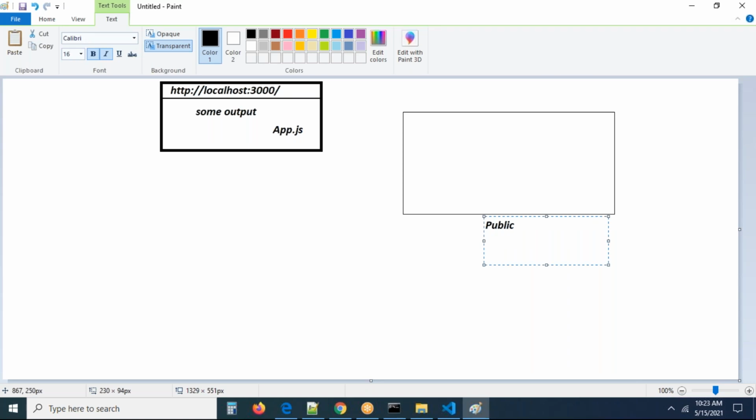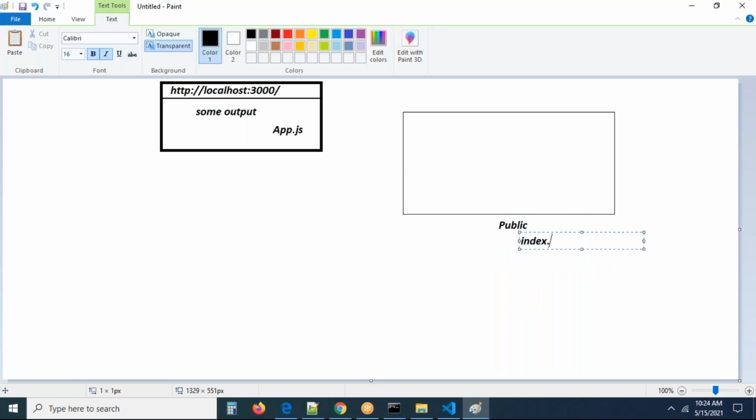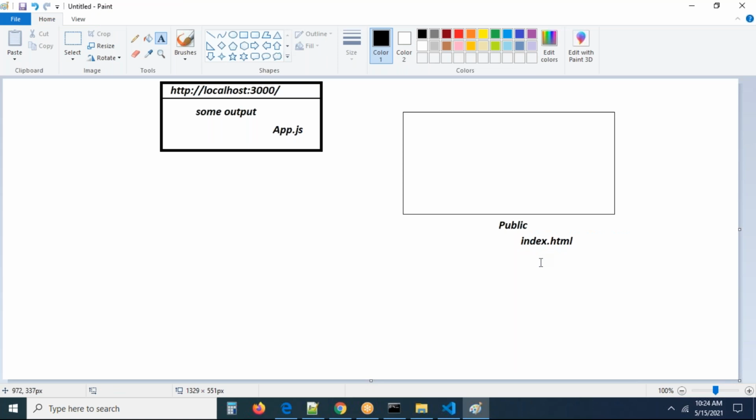What is the file it is going to look for? It is going to look for index.html, guys. Can you see? In the public folder, we are able to see something called index.html. There is a file with the name index.html. When you enter the URL in the browser, immediately the request goes to the public folder, guys. This is the public folder.